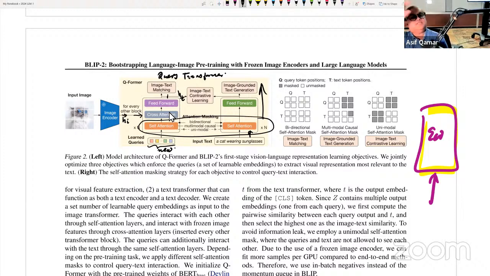You notice that it doesn't change the BLIP architecture. It just borrows components effectively and changes it a little bit. This query thing has come in between. The text goes in, you again do image grounded text generation. When you do the image grounded text generation, how does it work? Let's look at the